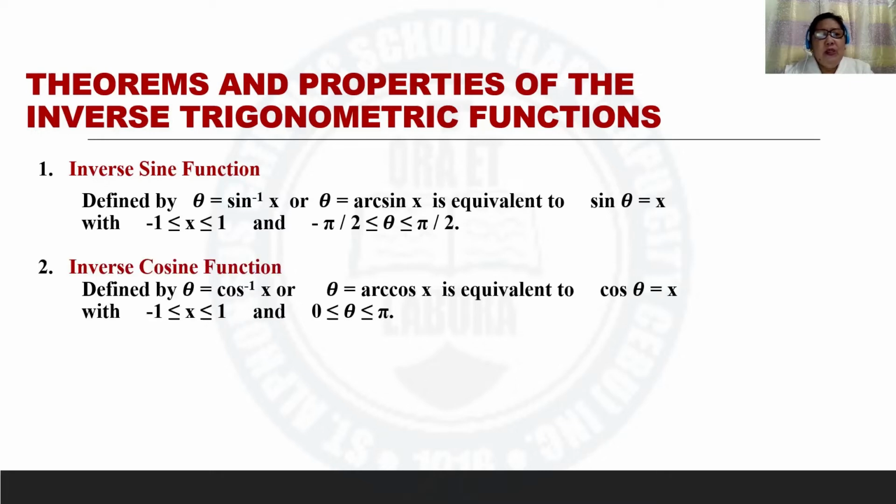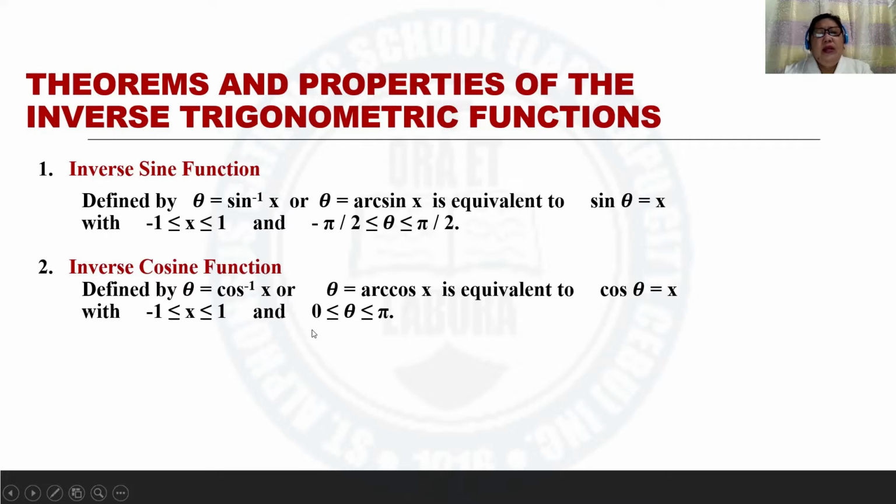For the inverse cosine function, this is defined by theta is equal to cosine to the negative 1 of x, or theta is equal to arc cosine x, and is equivalent to cosine theta equals x, with x values between or equal to negative 1 and 1,